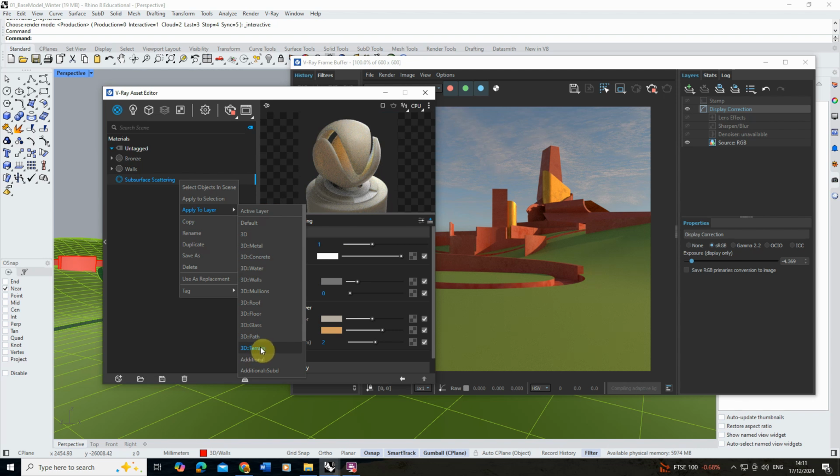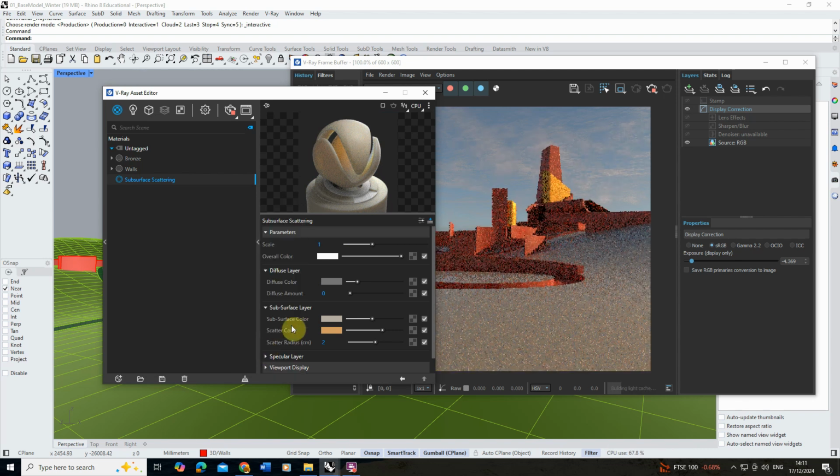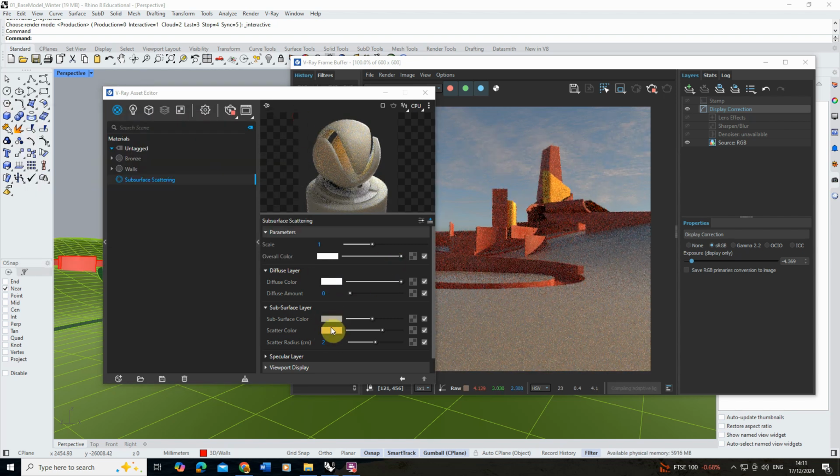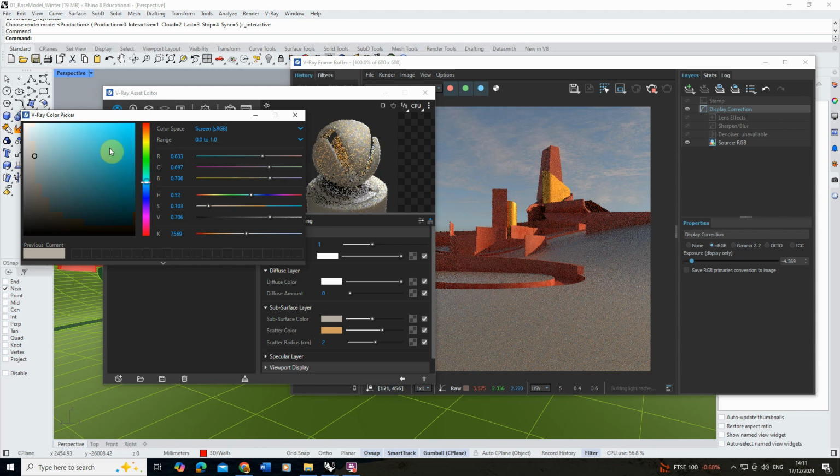So we're going to create that new material, and then we're going to apply that just onto my terrain layer there, and I'm just going to apply to layer by right clicking on the material and applying it to the terrain. Now as you can see we've currently got this kind of yellowy undertone, which is not what I want for this particular material, so I'm going to change my diffuse colour to a white as well, and then we're going to change this subsurface colour to a sort of blue,